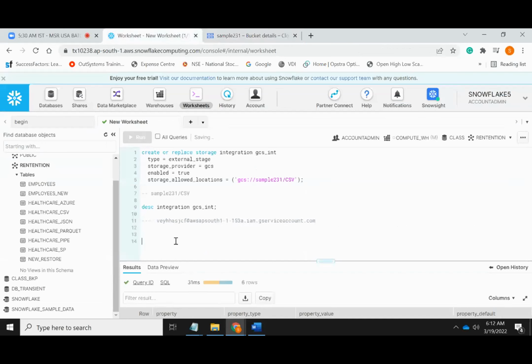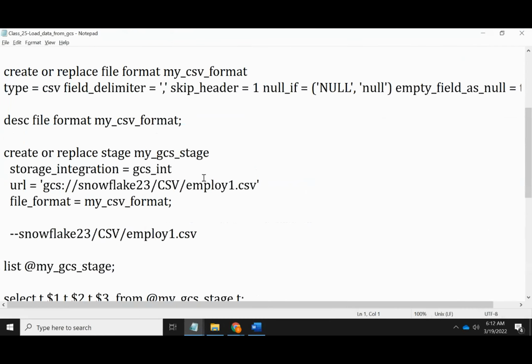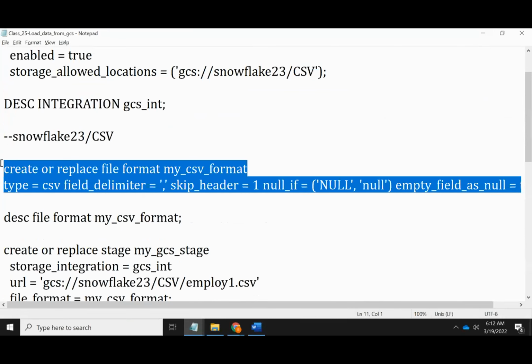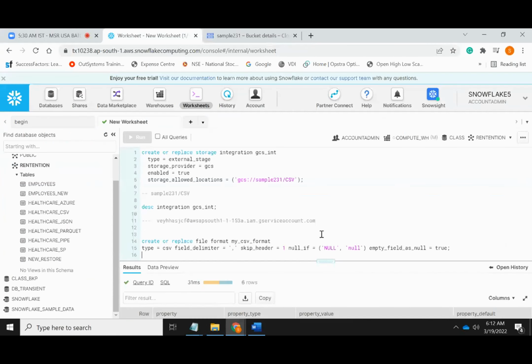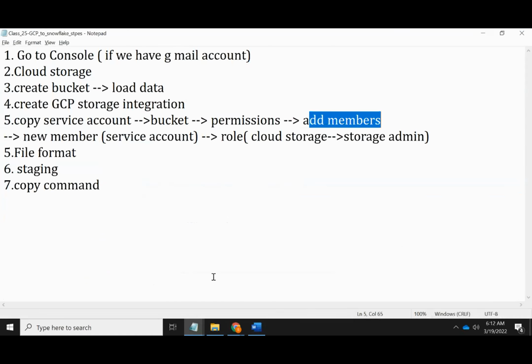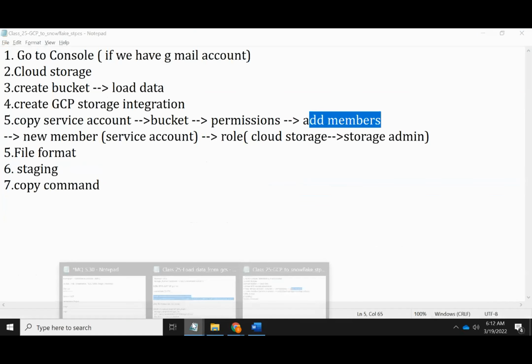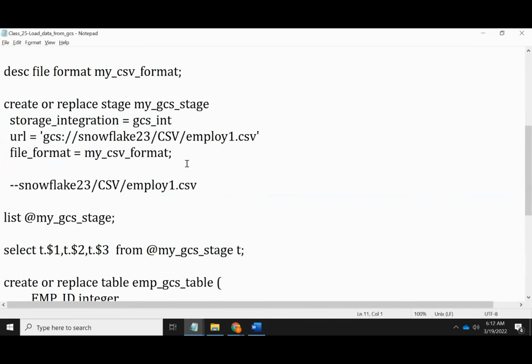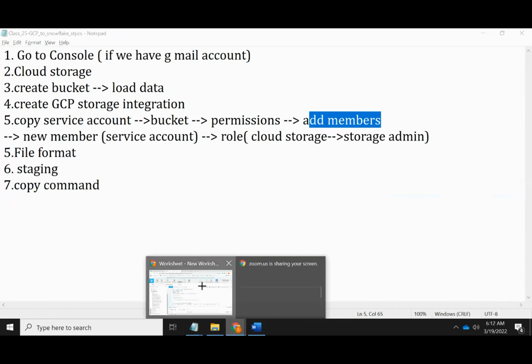We can create a file format. We can create a stage, right? Let's come here. Let's create a file format. So we can create the file format, and let's come here. We can create a stage. When creating a stage, observe this. What we will do is,